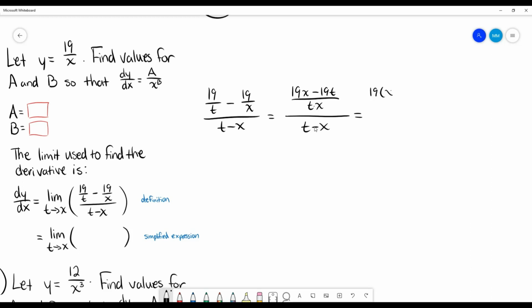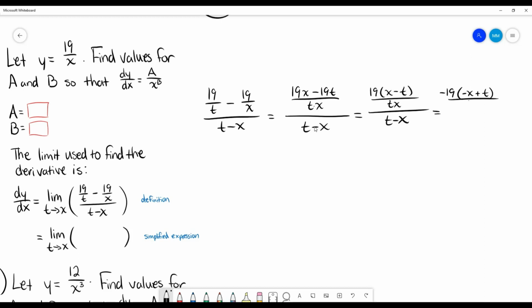So it turns into an x, 19 times x minus t over t times x, all over t minus x, and we're really close to being able to factor something out here, or to cancel those out. But this is an x minus t, and this is a t minus x. So what I want to do here is factor out a negative with my 19. So it's going to be a negative 19 now, because I'm taking a negative out of here, which turns that negative and that positive. So it goes negative 19,